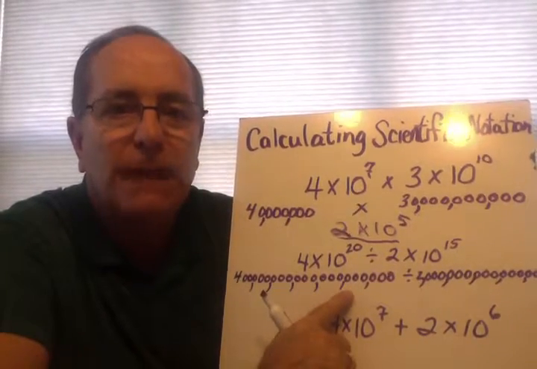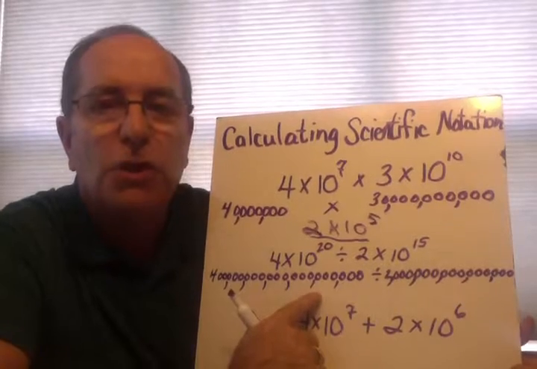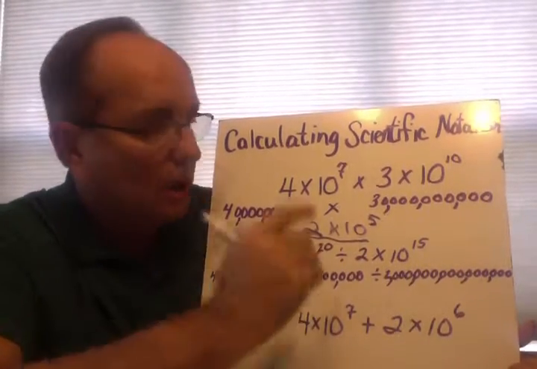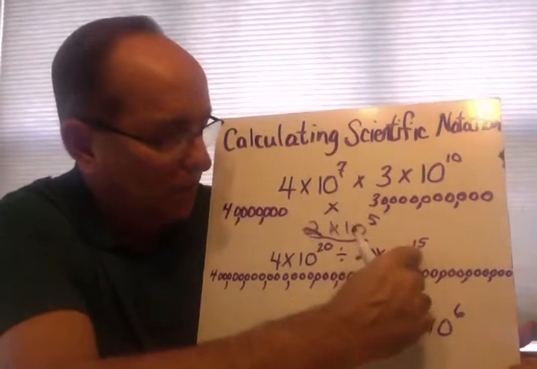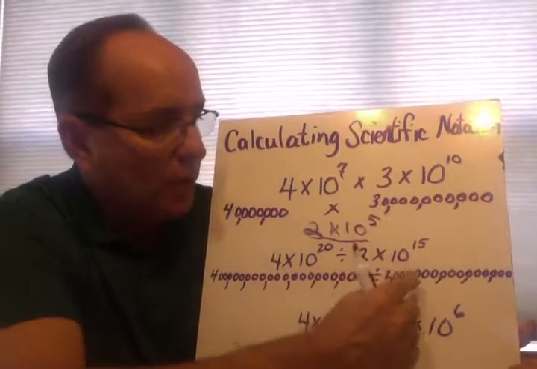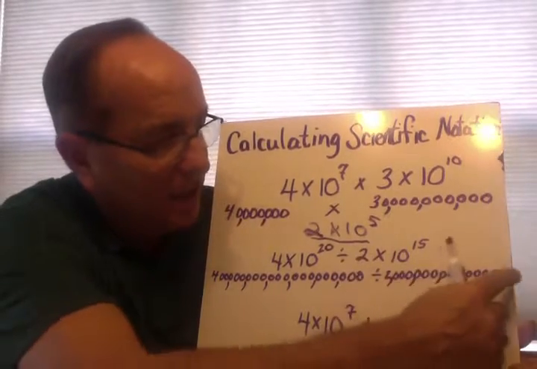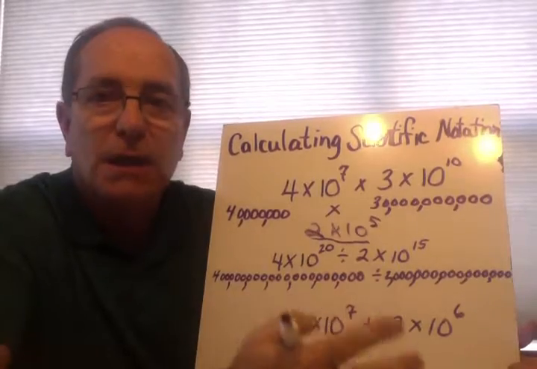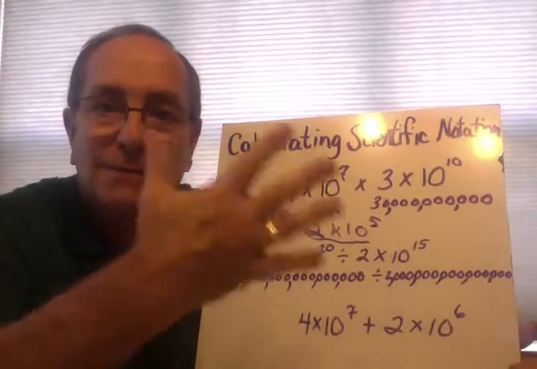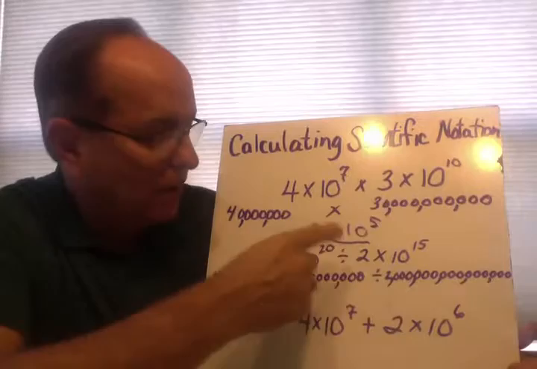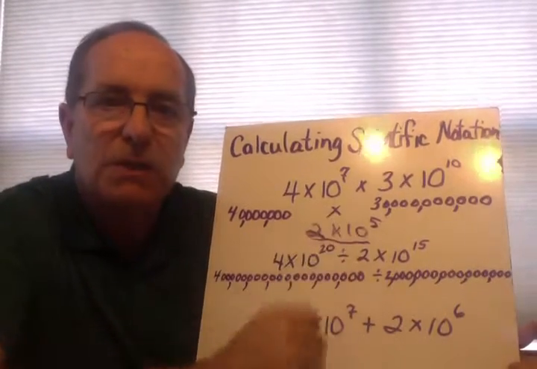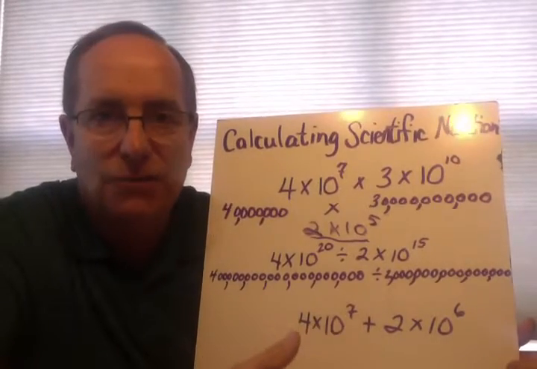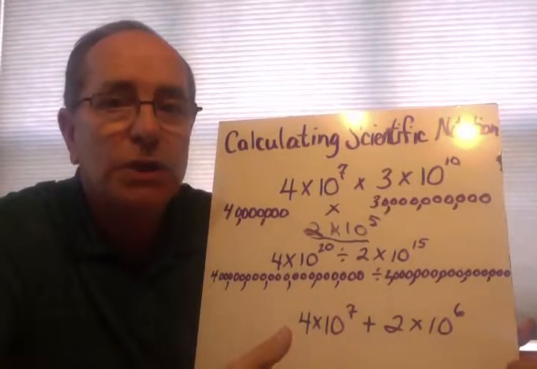If you've ever divided with numbers with zeros, you cancel out zeros, the same amount of zeros in both numbers. So if you think about that, if this had 15 and this had 20, if we canceled out 15 of these zeros and 15 of these zeros, how many zeros would you end up with? 5, which would have been 4 divided by 2 is 2, and that would have been this number of 200,000. So there are some shortcuts if numbers are ending in 0 for multiplying and dividing,